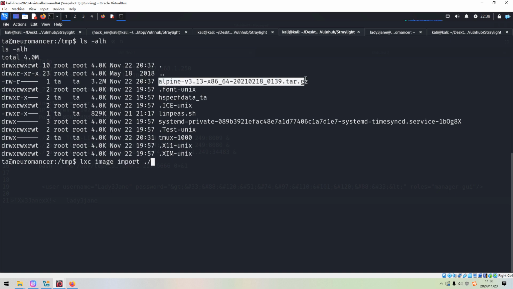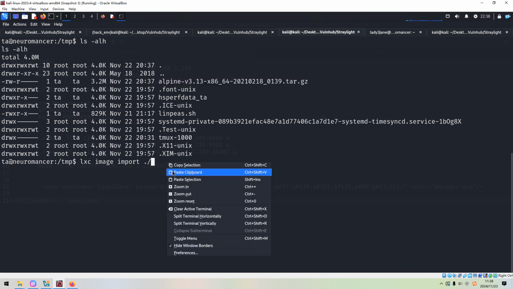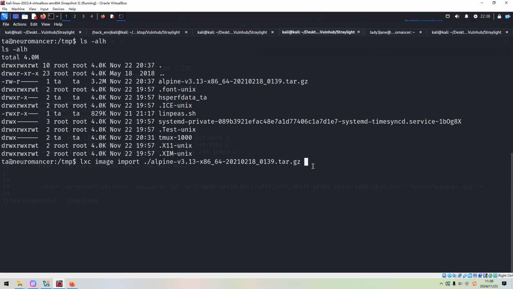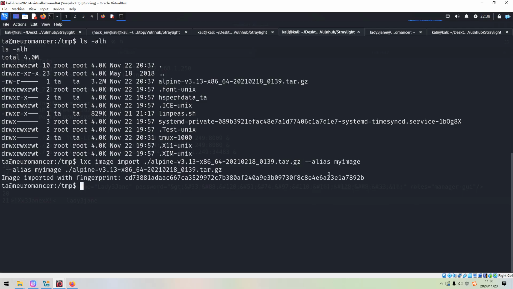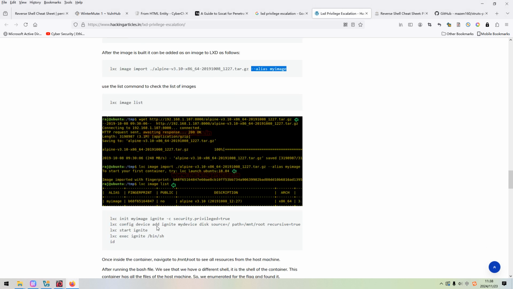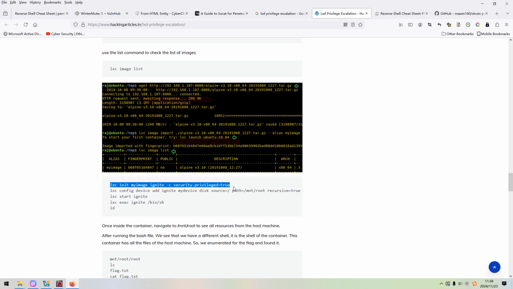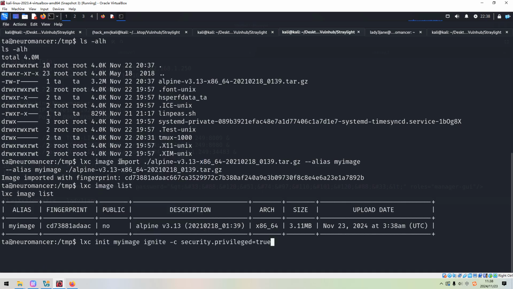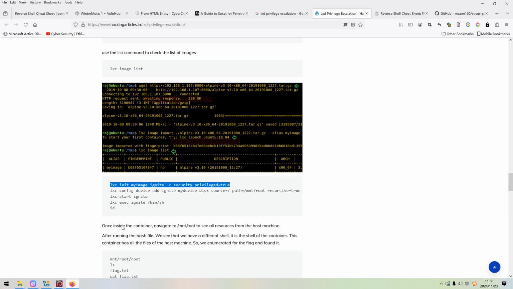We can copy. And then we can use the alias option. So LXC image list. And then next we can run this command. It's done.